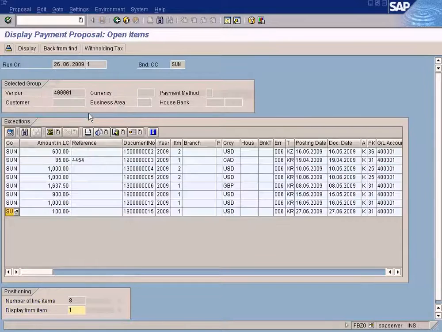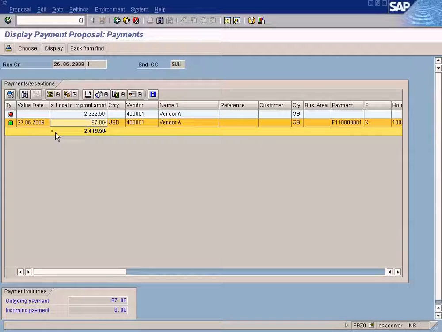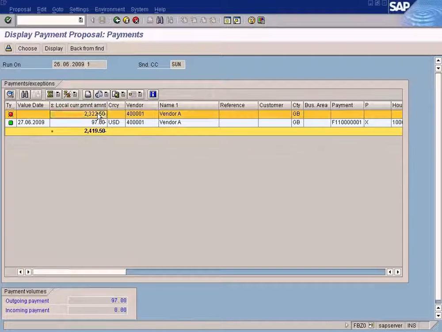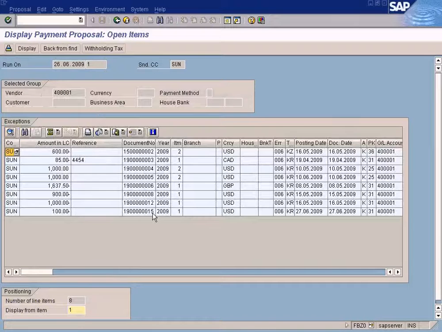Okay, I go in here. Here's the one. We need to find out what is the reason it is not being included in the successful payment list. The successful payment list is with a green color, but this document is successfully selected by the system for payment. The only difference between the document number ending with 13 and the document number ending with 15 is